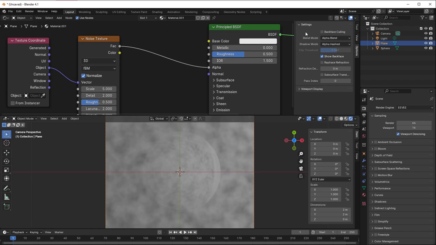So that is what you need to know about this. You use blend mode and you use shadow mode, but other than that, just use 0 or 1 in the alpha as you do in Cycles. Okay, then you know a little bit about alpha as well, or transparency,